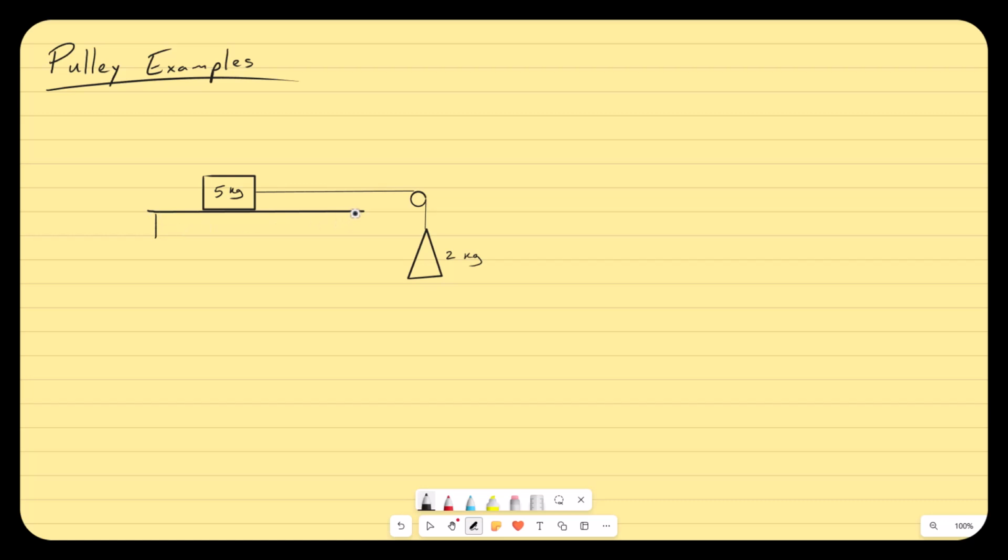This is a frictionless table, of course, because we haven't started talking about friction just yet. It's coming. I would like to know, find the acceleration. Maybe I can find the tension in the rope. And maybe I can say, when I release this thing from rest,